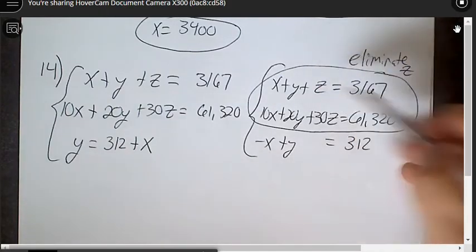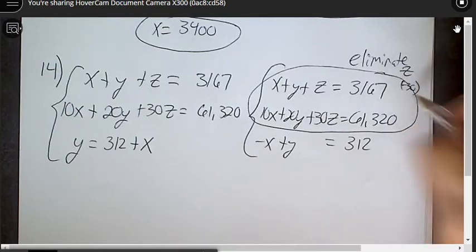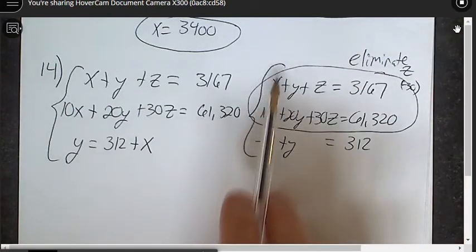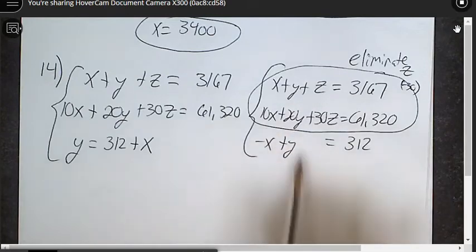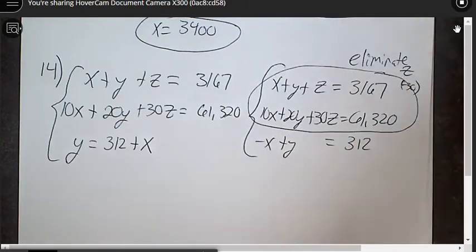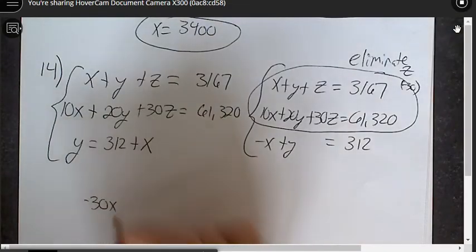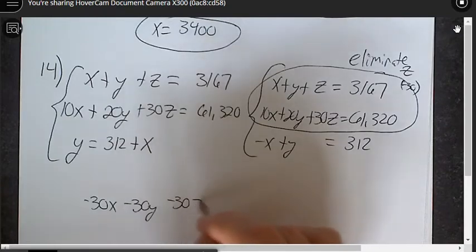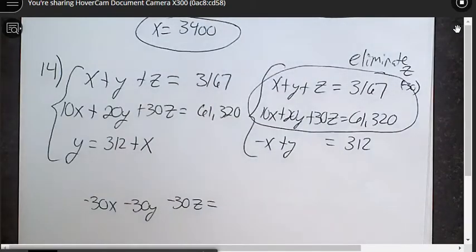So you'd have to take the top equation, multiply it by negative 30 to eliminate Z. Well, when you do that, now you're going to have an equation that's got X and Y, and then you'll solve that system along with this and kind of go from there. So if we do this one step here, we'll have negative 30X minus 30Y minus 30Z equals